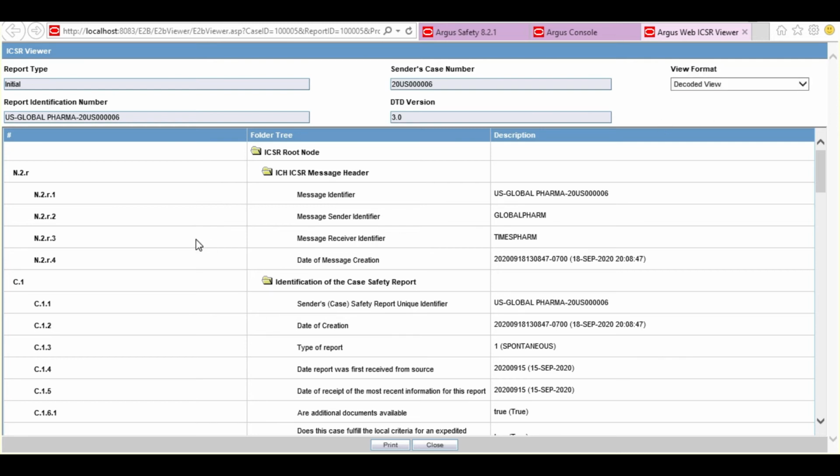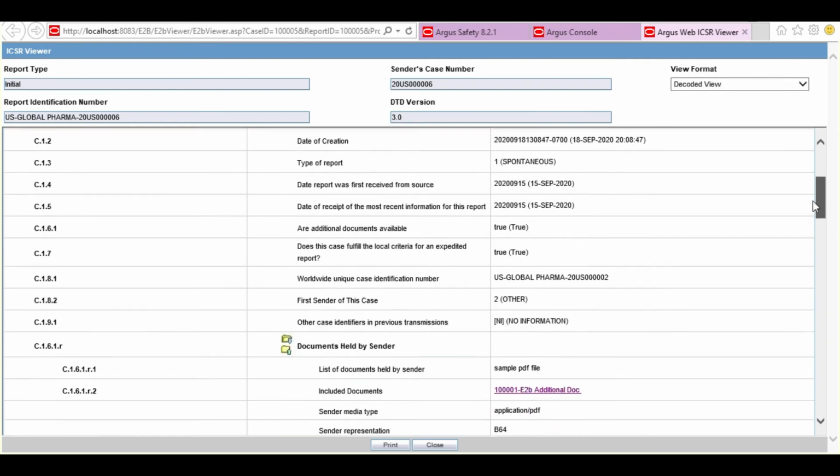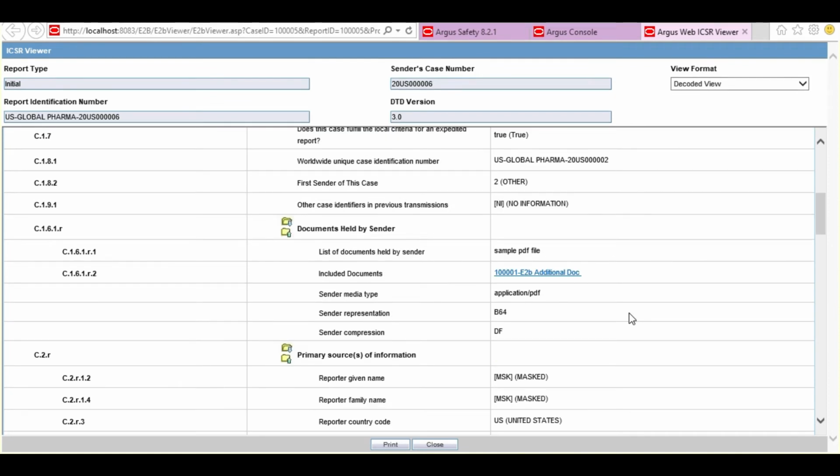Under the decoded view, if we scroll down, we will observe that only one attachment is appearing as a part of the E2B R3 file, but in the case we added three different attachments. We can see the description. We entered sender media type is PDF file, sender representation is B64, sender compression is DF, and if we click